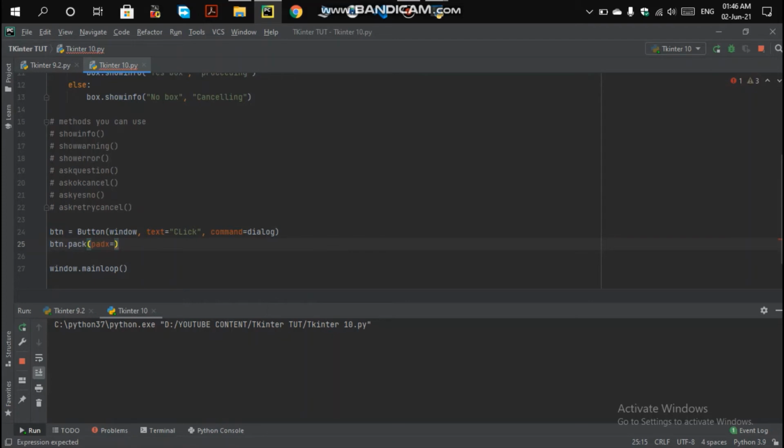We will be talking about the two other methods, grid and place, in the next upcoming video. So stay tuned and watch the whole tutorial series. I'm going to give the padx value as 150, and the pady value will be 50 here.